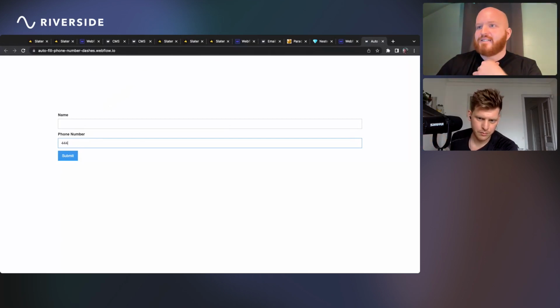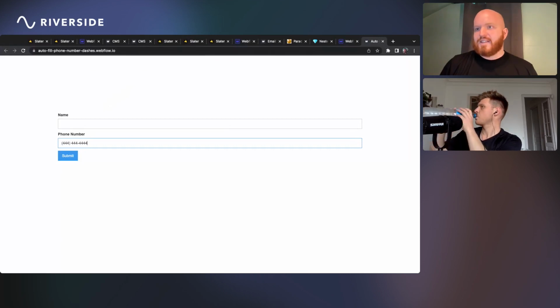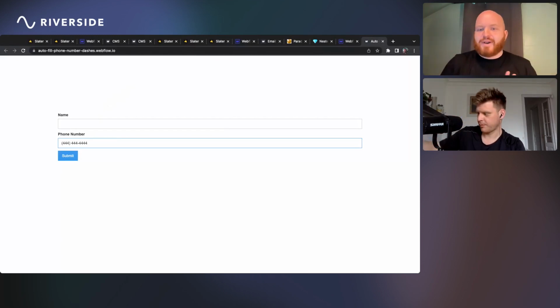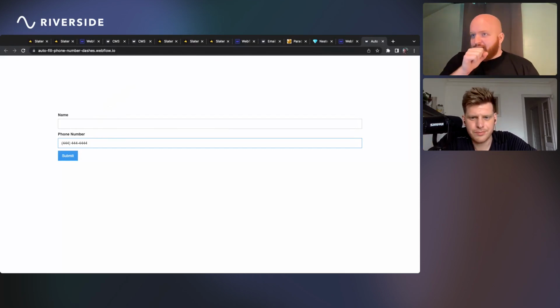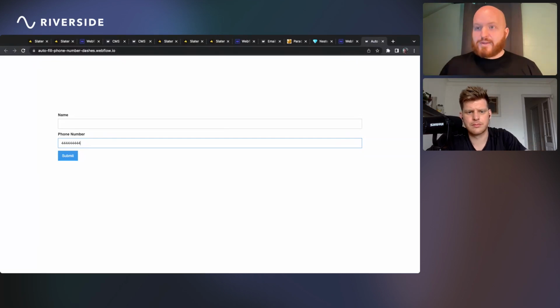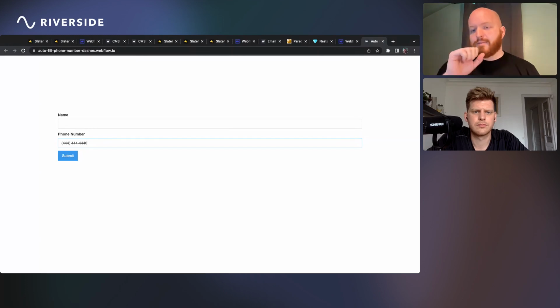Okay, so let's see. 444, 444. Yeah, this is it. I tried to get this prompt from ChatGPT multiple times. This was a little while ago, but it just could not do this, and I don't know why. What was happening was if I went to backspace, the whole thing got messed up. All it's doing is formatting code. It doesn't allow any text. It's only numbers, and then it formats it.